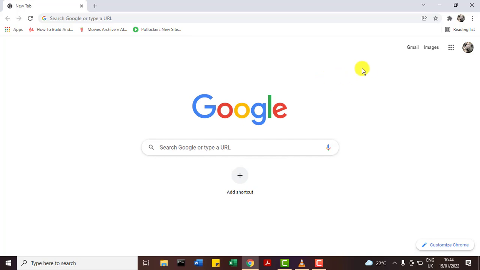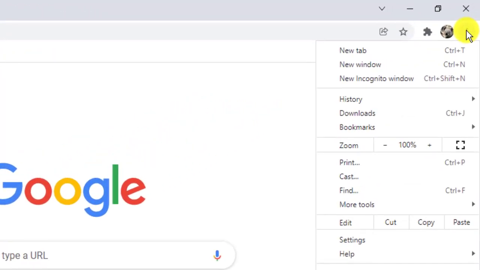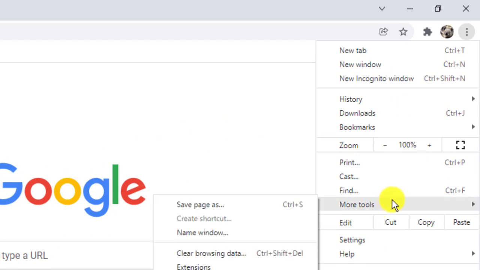Okay, so how do we do that? Well, in Google Chrome, you come to the upper right corner of the browser. There are 3 dots there. You click on them and come to more tools. Then you come to